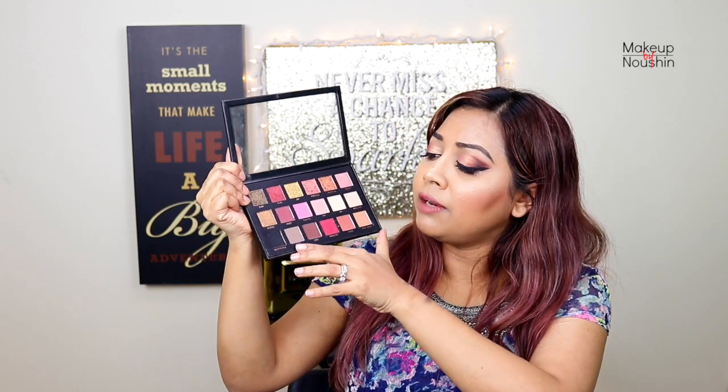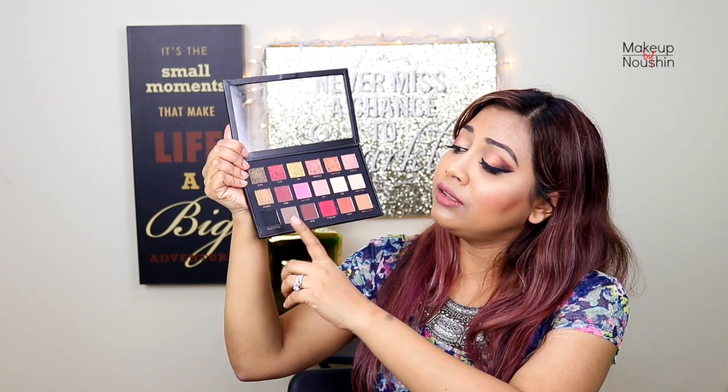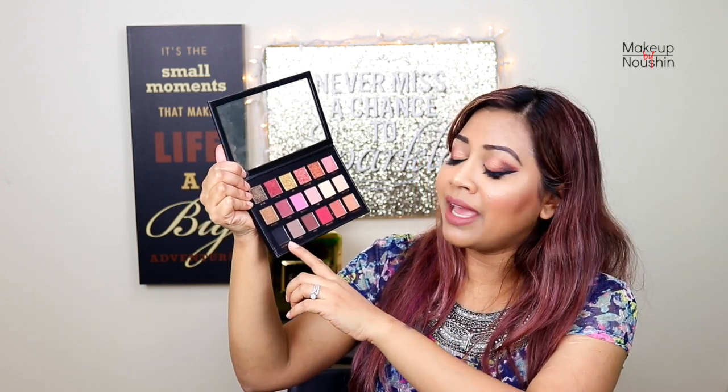So I find it pretty unique that all the transition shades here, no matter what skin tone you have, you will find one transition shade for you. And this matte black shade here, it completes the palette, though this is probably not the most intense one that you will find. Makeup Geek Corrupt is the most intense one that I probably own, but this matte black blends